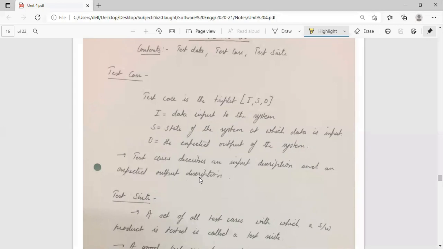If you remember the earlier lecture of mine, in which we were doing equivalence partitioning testing, what was our test case? Our test case was related to a range of 1 to 99, let's say. So you have to take a valid input plus an invalid input. When you are taking a valid input for 1 to 99, it can be 33, right? And what should be the output for that particular input is taken into consideration.